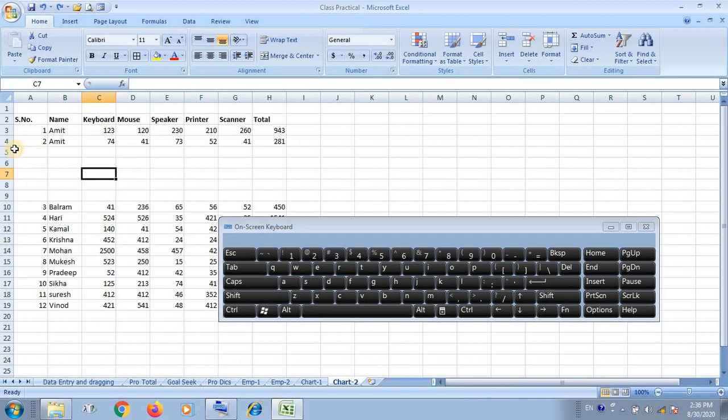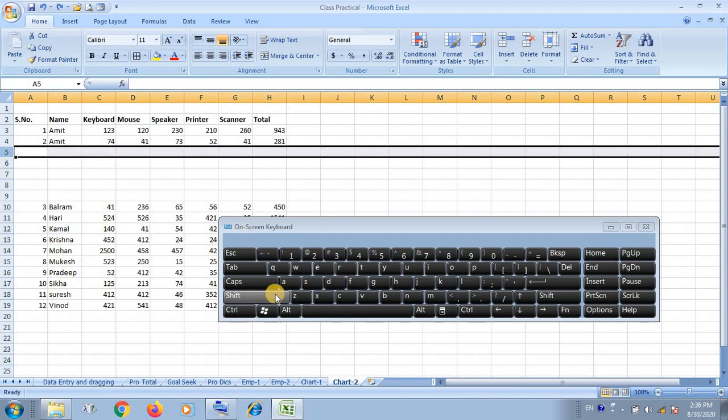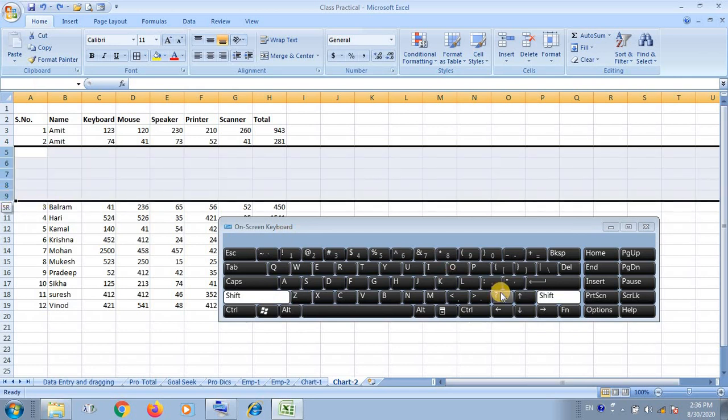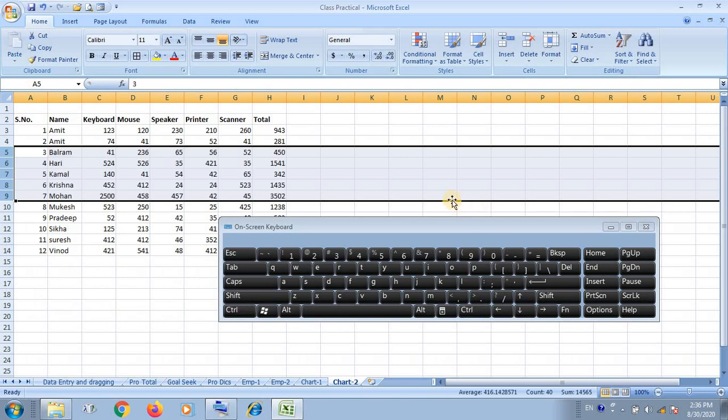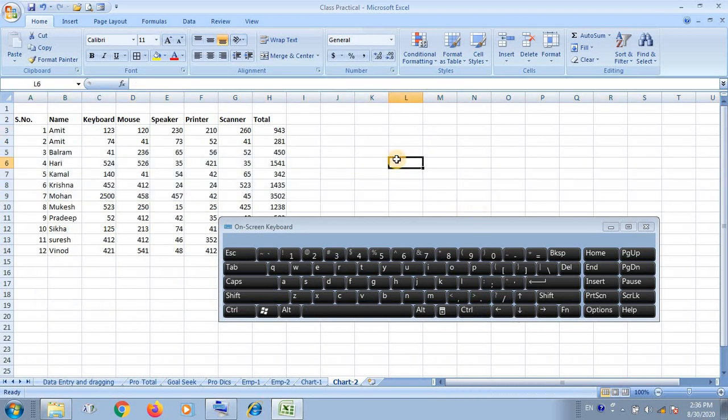In this way, if you have selected a number of cells, rows, and you want to delete, you have to just click on the control key and once the minus sign. As you click on the minus sign, it will delete. Okay, this is the keyboard shortcut.